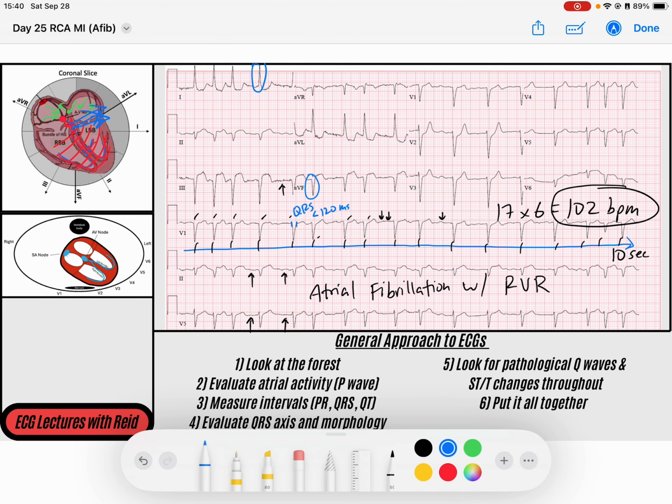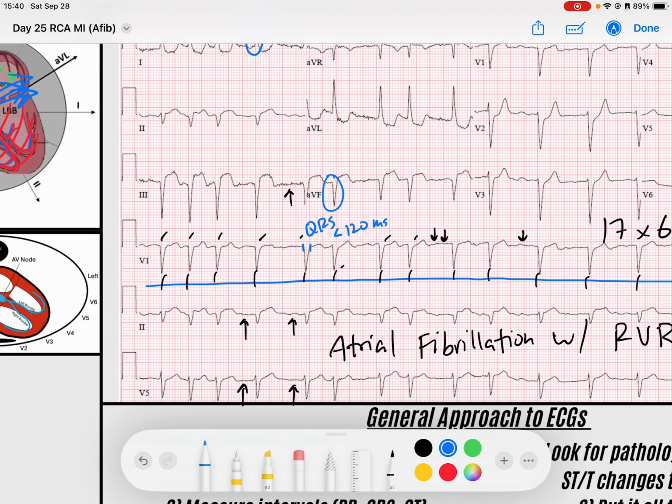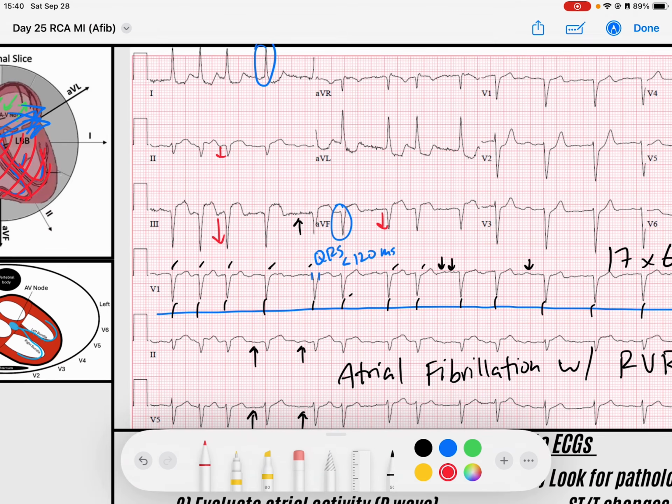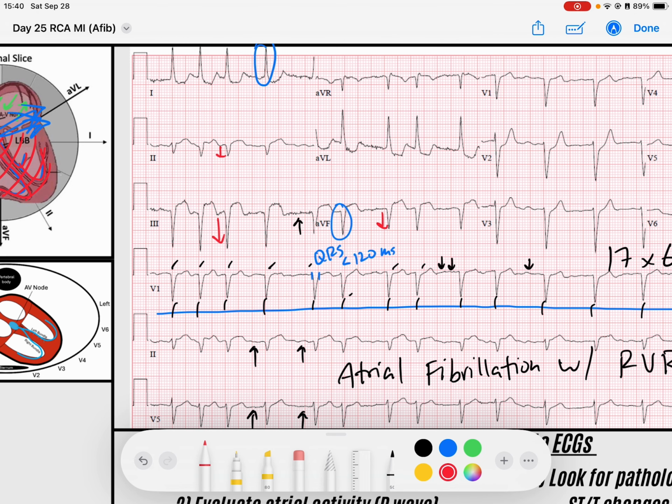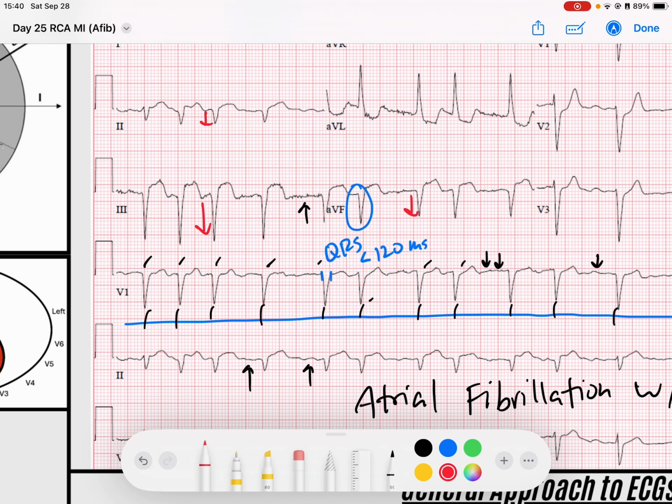That doesn't make sense. Well, I notice that I've got these initial deflections in the QRS complex that are very negatively deflected in my inferior leads. And you'll notice too that my inferior leads, specifically lead 3, have some serious ST segment elevation. aVF has a little bit less, and then just some changes in lead 2 as well. So we've certainly got inferior